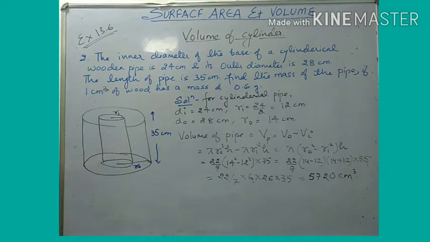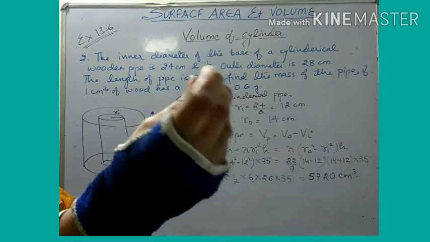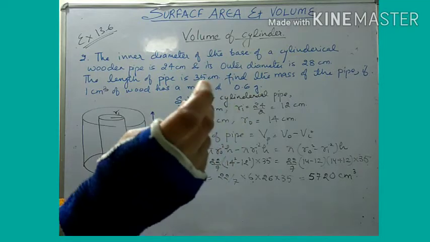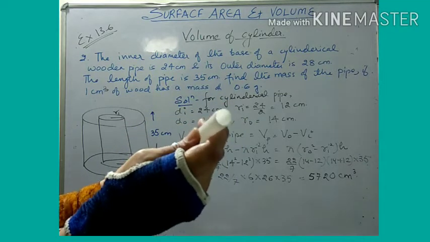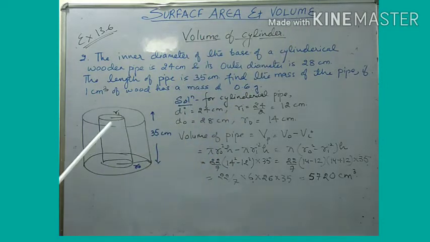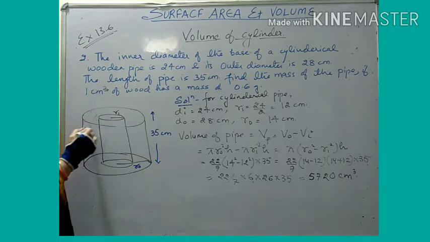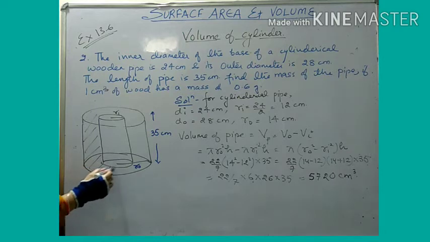Now we have a cylindrical pipe. So the pipe is like this. So this is a pipe. What is there in this pipe? Outer, we have a thickness. Inner diameter is there, a thickness is there, and outer is there. So here this is the outer diameter, this is the inner diameter of the pipe, and in this region only we have the material.